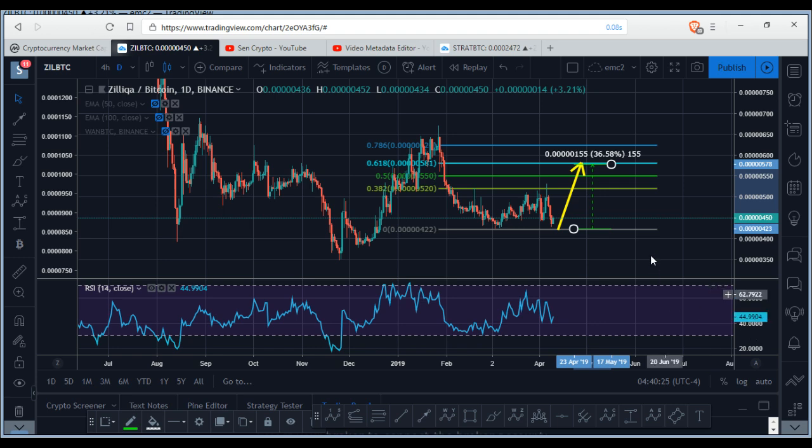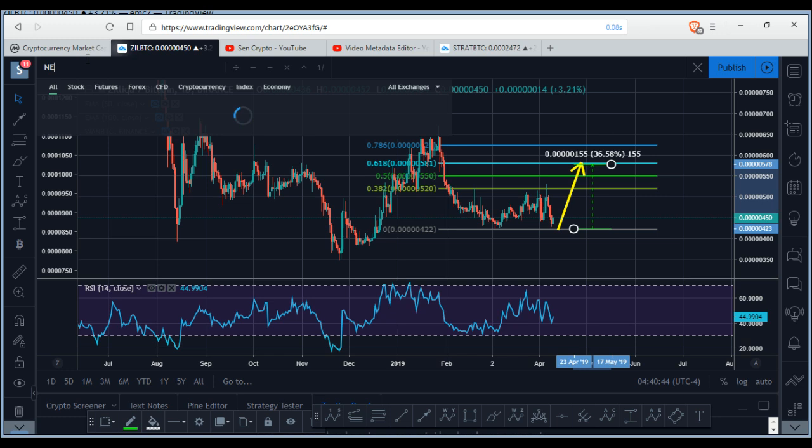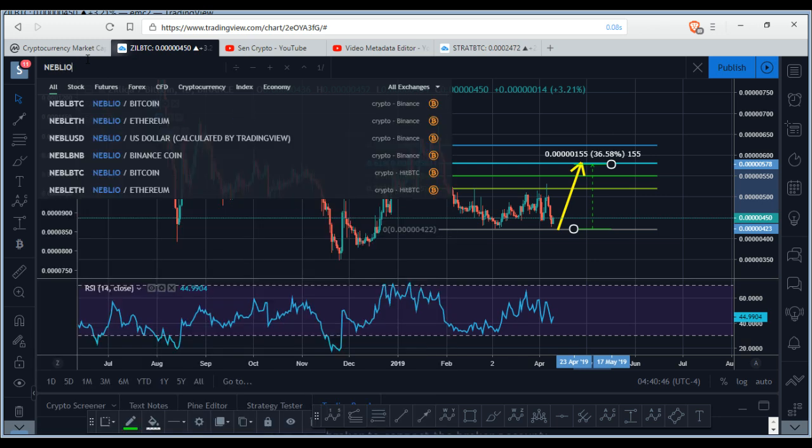Because the RSI is already just about 40. So in order to get back to like 75 on the RSI, it's not gonna be a big deal for us to get like a 40% move to the upside. But I'm pretty bullish on ZILLIQA, right? At least for the short term. All right, let's go ahead and take a look at NEBLIO,